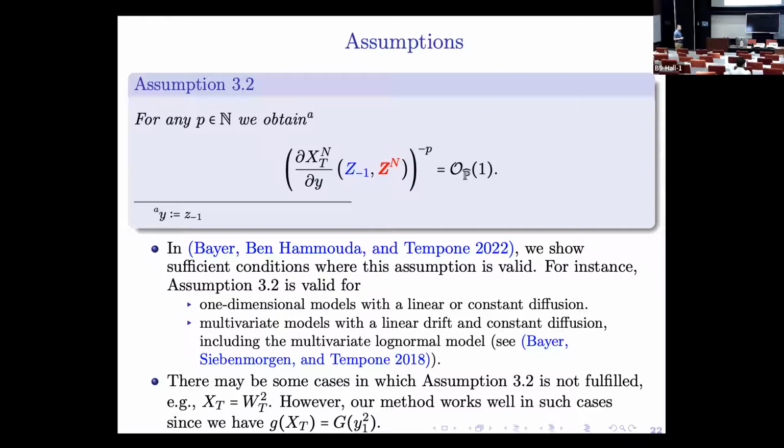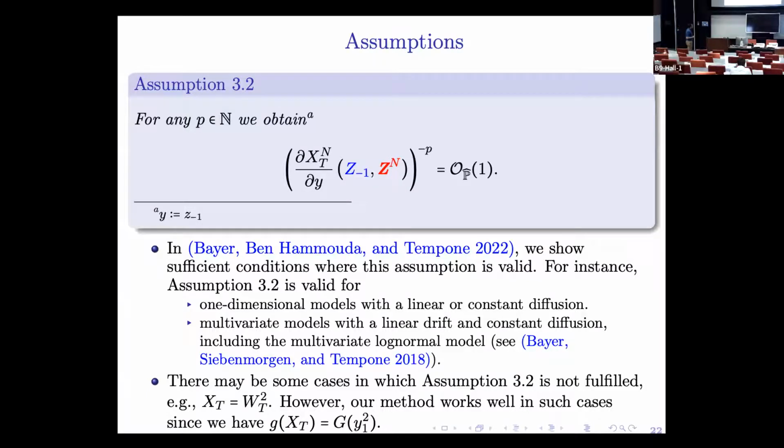This assumption is stronger than the first one, but we also motivated some sufficient conditions such that it is valid. Basically, the sufficient conditions were related to the first derivative of the diffusion coefficients. And we showed that this can be satisfied by some models. For instance, one-dimensional models with linear and constant diffusions, or multivariate models with linear drift and constant diffusion, and then you can also connect to the multivariate log normal model motivated by an earlier work of